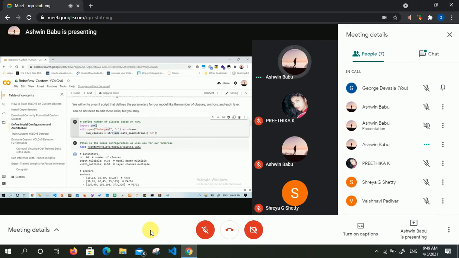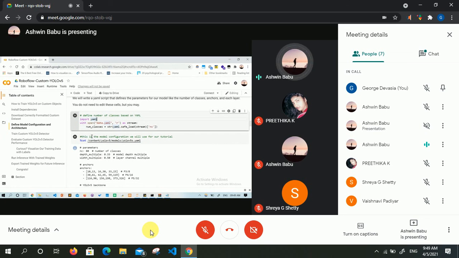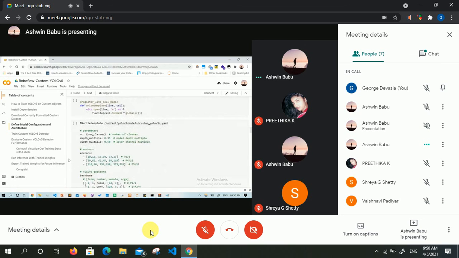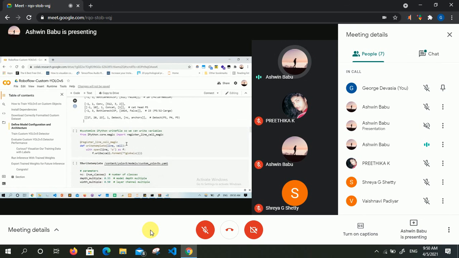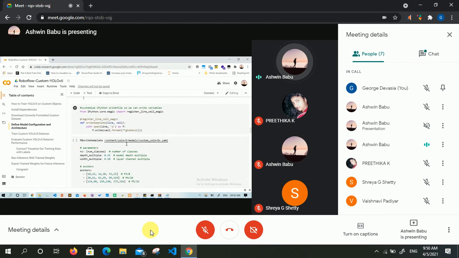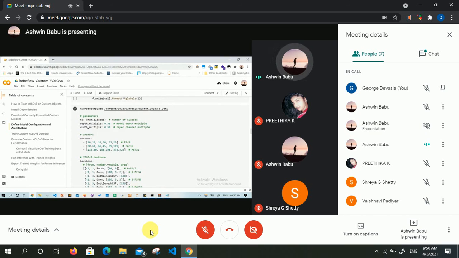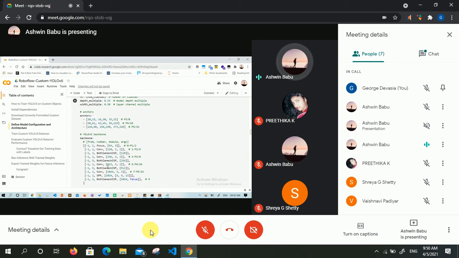So we need to give this in the configuration. I downloaded the YOLO architecture, and in it there is a configuration file. Inside the configuration file, I have to mention the number of classes. Classes means number of groups of objects. The rest of the things you don't need to care about, because they are just defaults. There are many parameters like depth multiple, width multiple, angles. These are all very advanced parts. When we are just beginning, no one needs to touch them, not even I. No one needs to bother about any of these things.